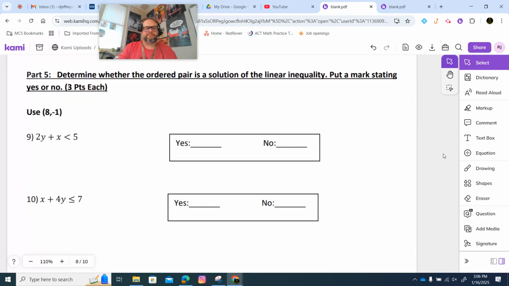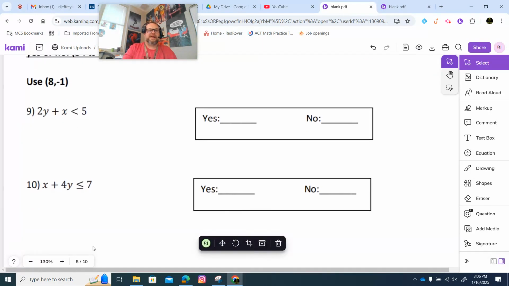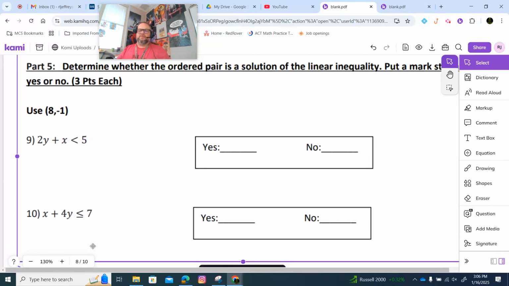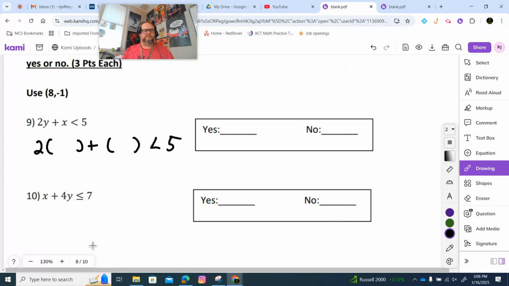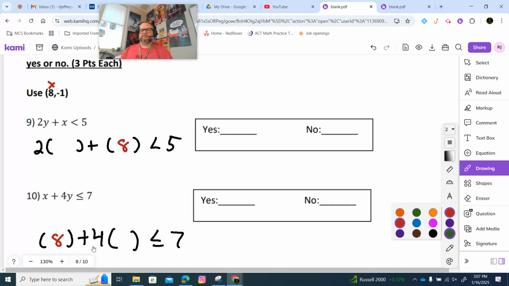All right. Part 5. Literally just plug this in to this plus this. Is it less than 5? And then we have this plus 4 times this. Is this less than or equal to 7? All right. So this is my X, so I'm plugging 8 here, plugging 8 here. This is my Y, -1, -1. All right. So